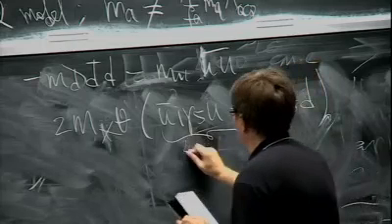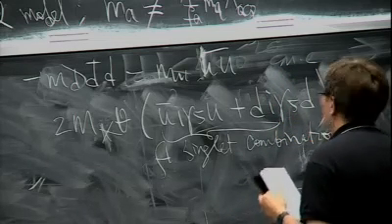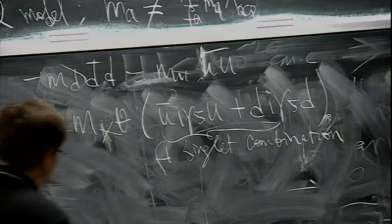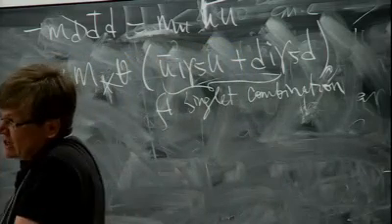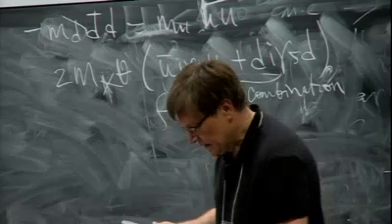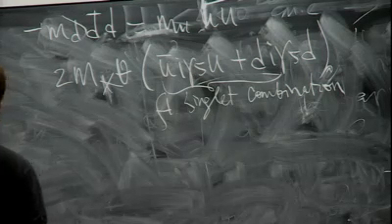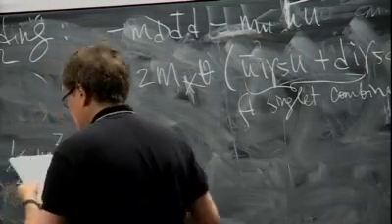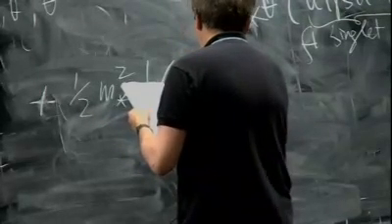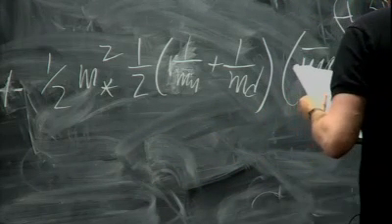Notice that this is a singlet, flavor singlet combination. Now the theta squared terms. At first sight, they give you no pleasure. There would be things like m star squared over mu squared terms. So what you do, you split them into u bar u plus d bar d and u bar u minus d bar d. So you have then plus 1/2 m star squared times 1/2 times 1 over mu plus 1 over md, and then u bar u plus d bar d. So that's one term that you get,